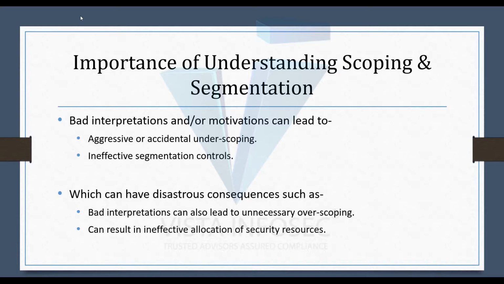"So no, leave this out. No, that is not required. No, that is only one application sitting on the server. Don't include that." That is very aggressive underscoping. Now, as a QSA, if you are told this and you can see a breach, you have to put your foot down. But if you are an end user company and you can see a QSA compromising on the scope just to maybe reduce his time or whatever be the case,